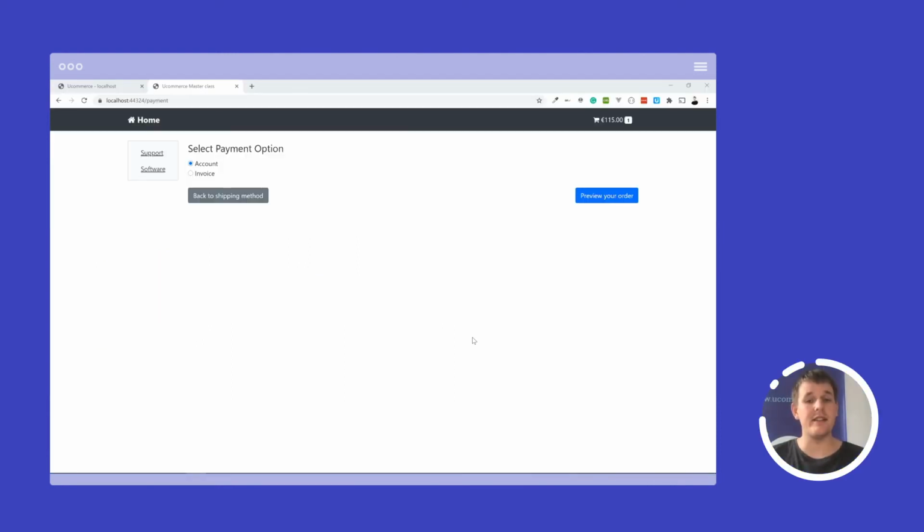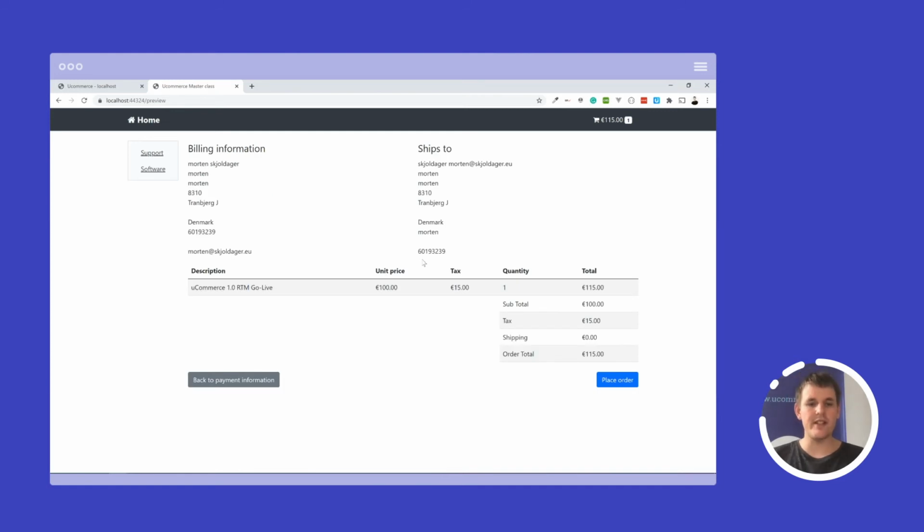My site has reloaded, and we're on the payment page. So let's try to select the payment option that we want to use and look at the preview page. So here we can see the information that we entered in. We have all the totals fleshed out on the page here, and the place order button will now call the get payment page URL that we coded up in the post method.